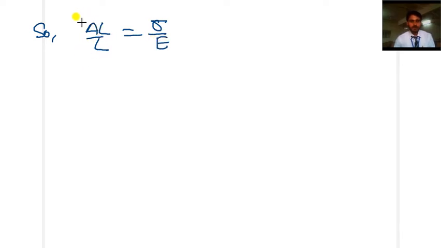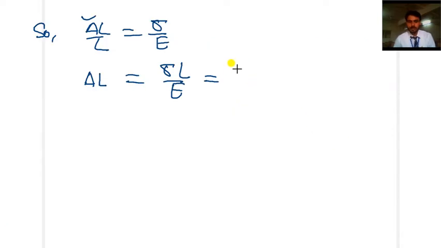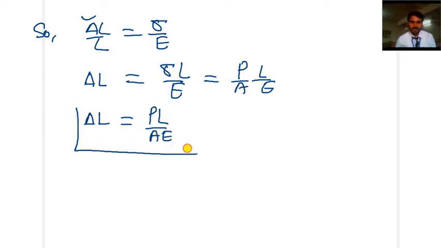We have to calculate the deformation, the change in longitudinal dimension, that is del L. So del L will be equal to sigma L divided by E. And sigma means P by A. We put the value of sigma here, so del L is P divided by A times L by E. That is the resultant deformation of a member, PL divided by AE, due to the axial loading. Here we can get different types of situations. Case first,